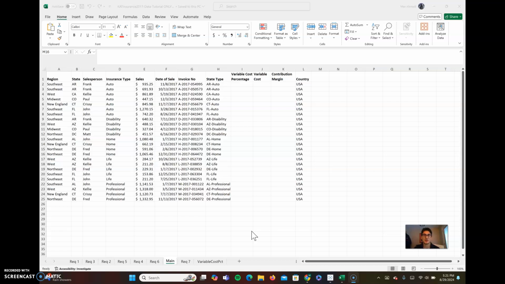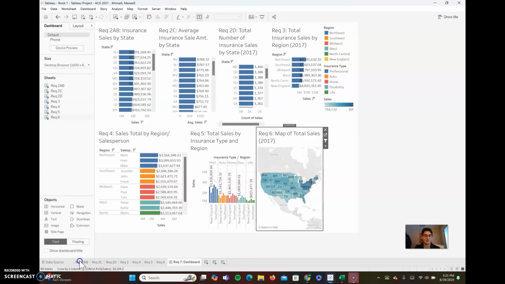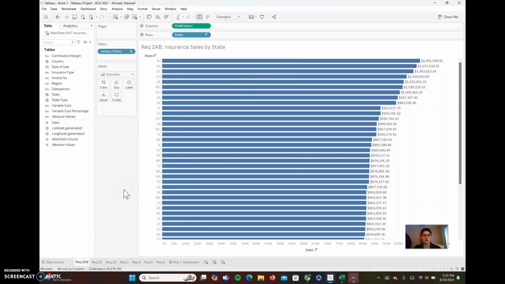Being able to understand this data from a basic view or from an analyst view, it looks like we have some very basic data here that has been very well organized and inputted. But now it's our job as a data analyst to take this to the next level and explain in Tableau a little bit more about it. And so going to our first